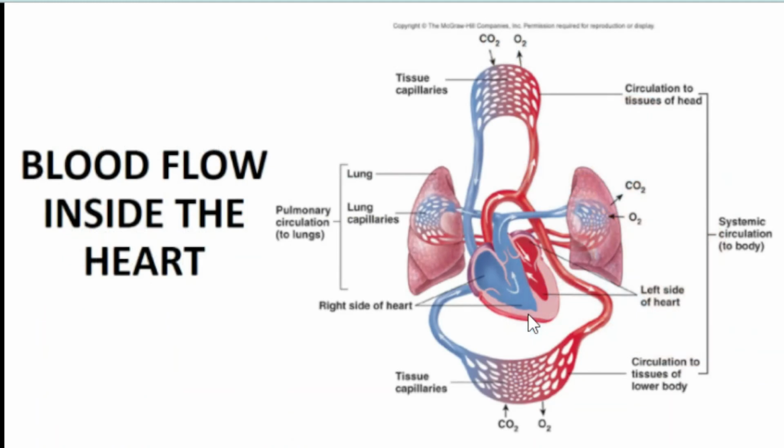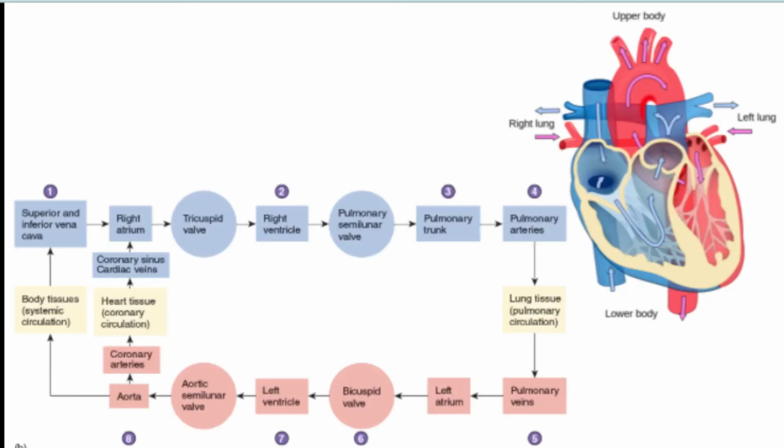So now we'll go to the blood flow inside the heart. So this is very important because this is the main purpose of the heart, right? Circulation. So let's try to understand what the direction of the blood flow is. So blood flow will start, of course, with the delivery of blood by your superior and inferior vena cava to